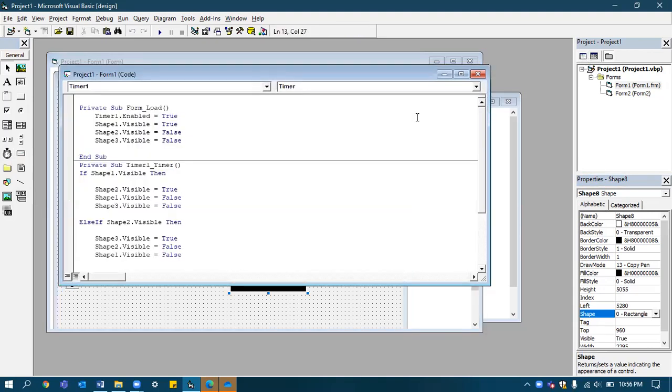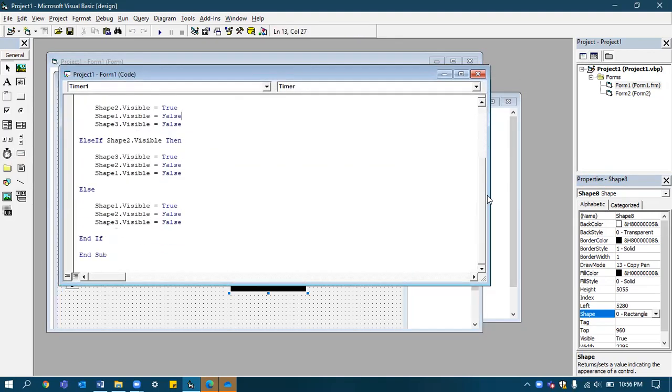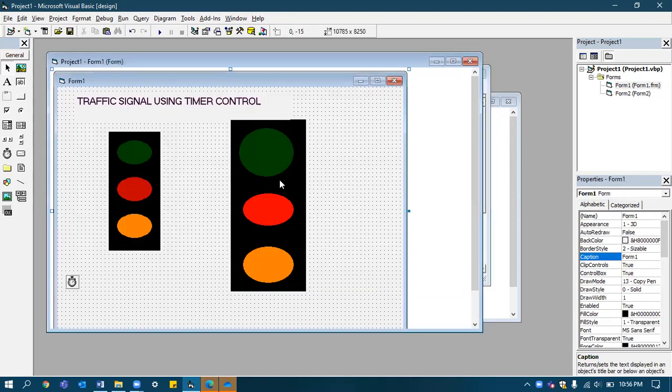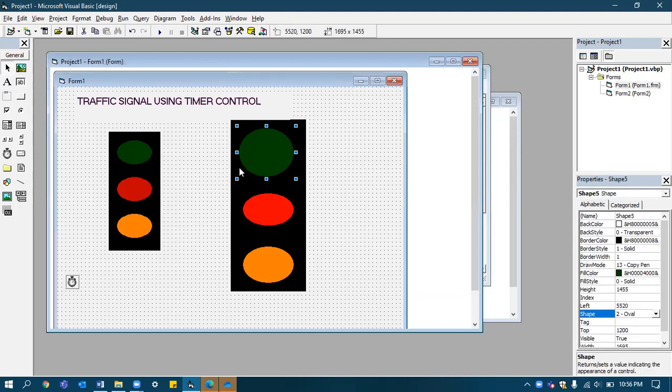Here we move to the coding part, and we need to remember the names. As per my example, this is shape 1, this is shape 2, and this is shape 3. You can find the names here: shape 1, shape 2, and shape 3.